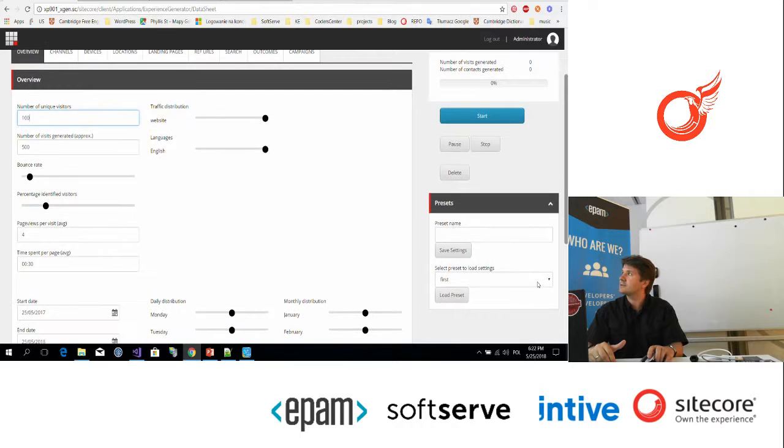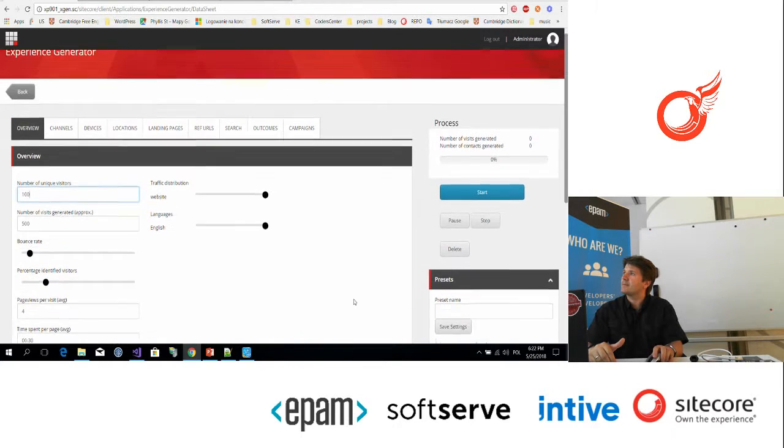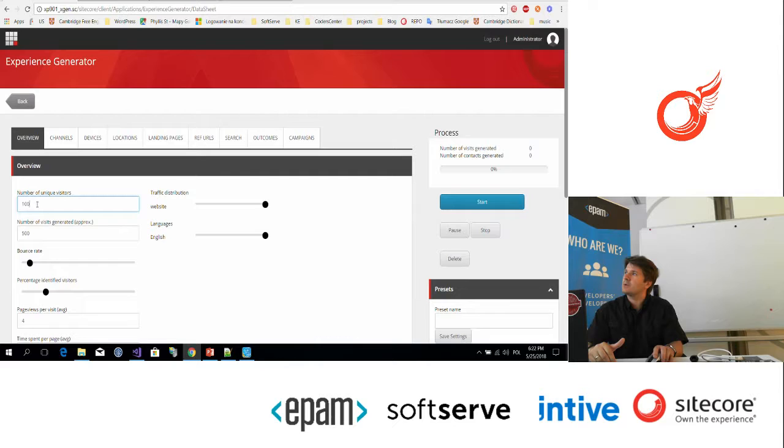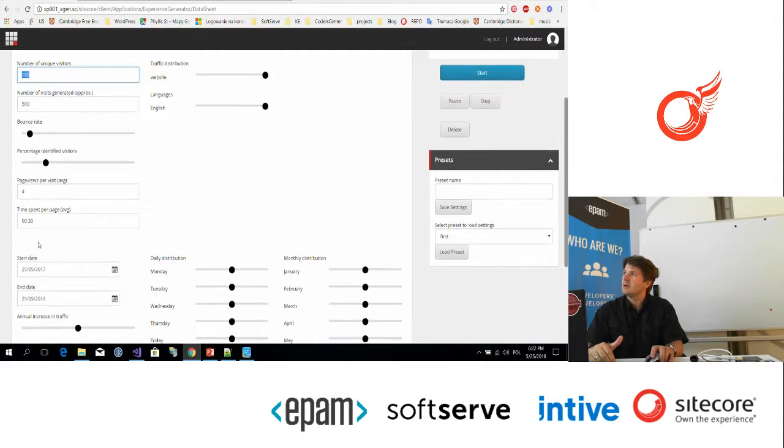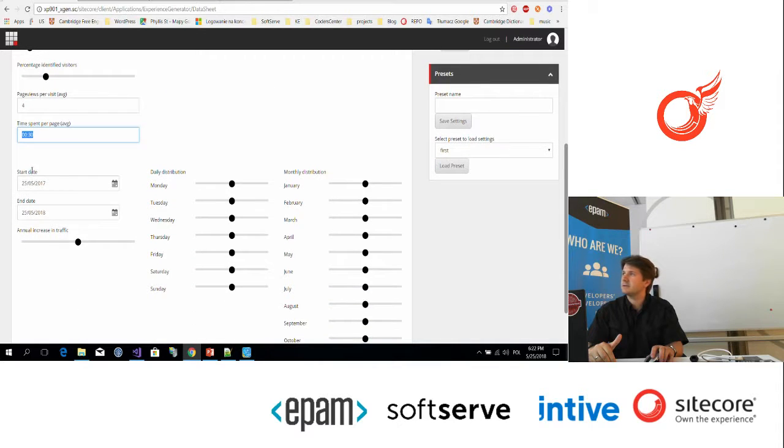Here we have options to save and load our settings. We can generate the number of visitors, set the number of visitors here, page visits, page views per visit, time spent on page, visit start date and the end date.